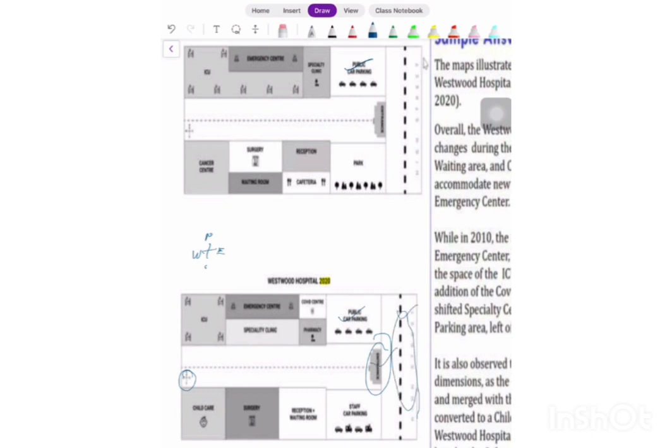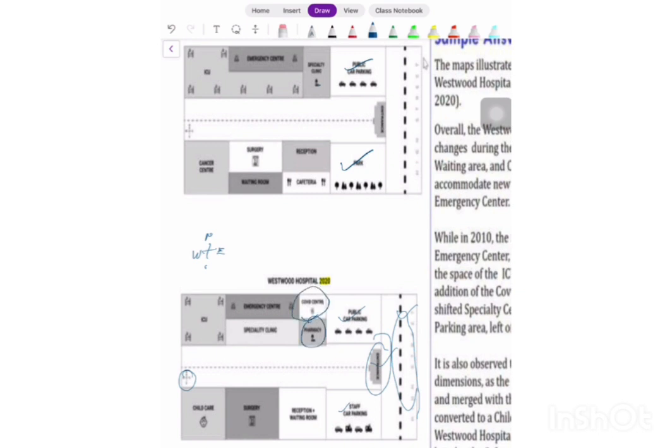So three things are at the same place. Then moving on, staff car parking, and here it was a park. So in 2010 there was a park here and now it has changed into staff car parking. Then there was a specialty clinic, just adjacent to the car parking, which was transformed into a COVID center and